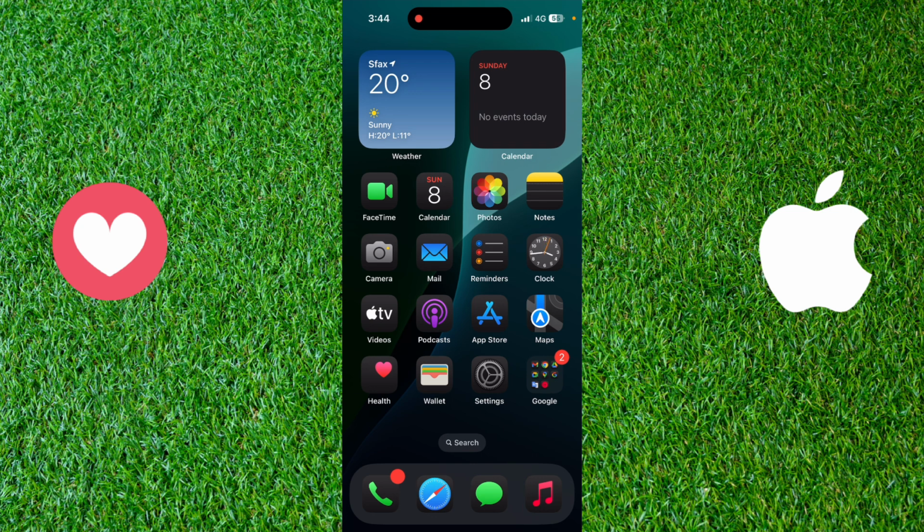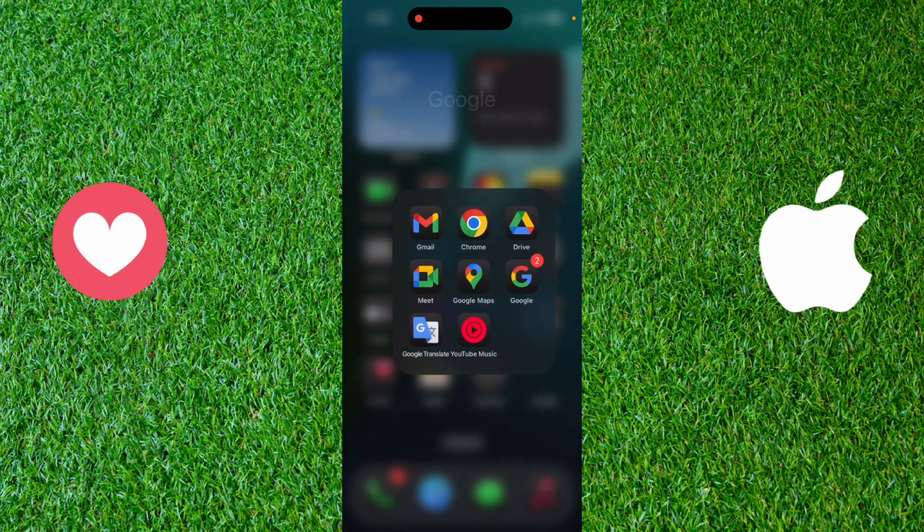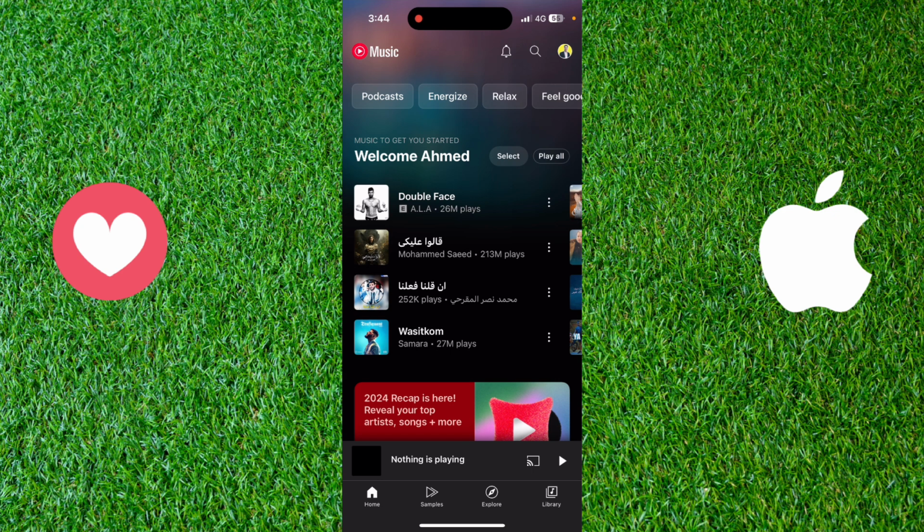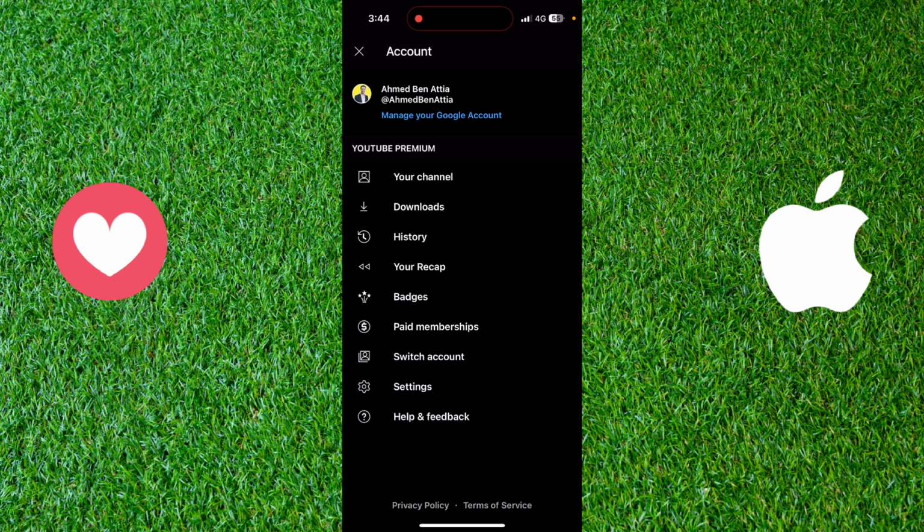In today's video, I will show you how to turn off smart downloads in YouTube Music. To do this, you just need to go and open the YouTube Music app. After that, click on your picture on the top right of the screen, and after that go and click on